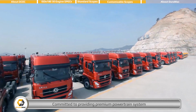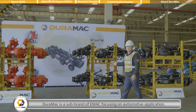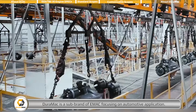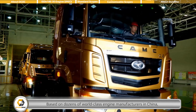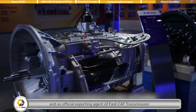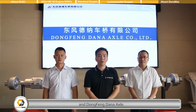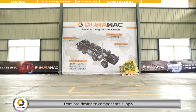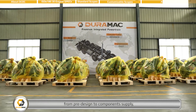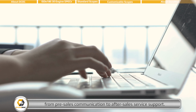Committed to providing premium powertrain systems to commercial vehicle manufacturers all around the world, DuraMac is a sub-brand of EMAC that focuses on automotive application. Based on dozens of world-class engine manufacturers in China, and as official exporting agent of Fast Cat transmission and Dongfeng Dana axle, DuraMac provides one-stop solutions from pre-design to component supply, from installation to commissioning, from pre-sales communication